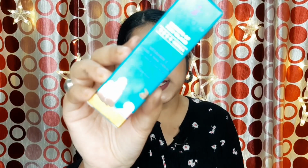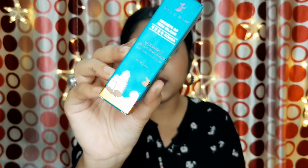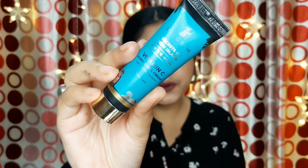So this is how the outer packaging looks like, the typical outer packaging for all the PILGRIM products, I think. And once you open this, here is your inner packaging. It's a cute, handy, travel friendly tube, guys, and the texture of the product is creamy, and the fragrance of this product is so good. I just love the fragrance of this, guys, like